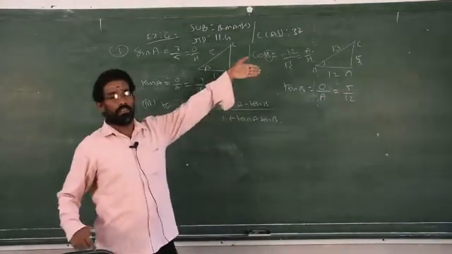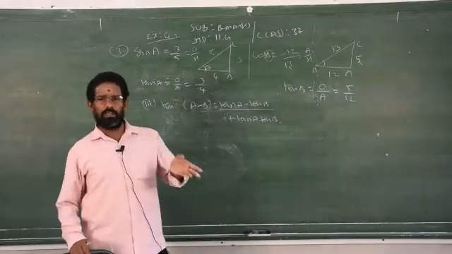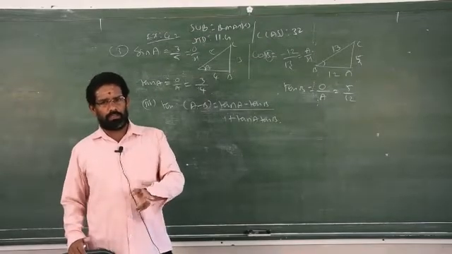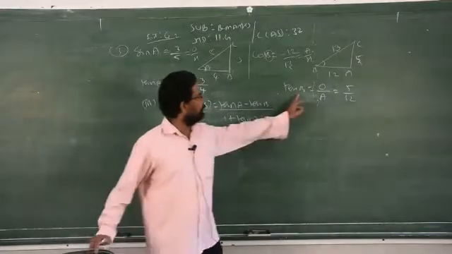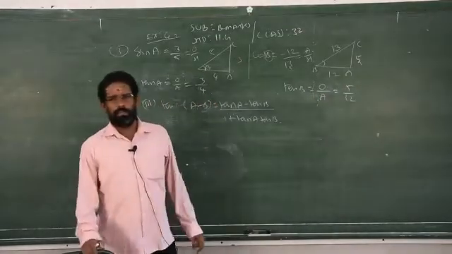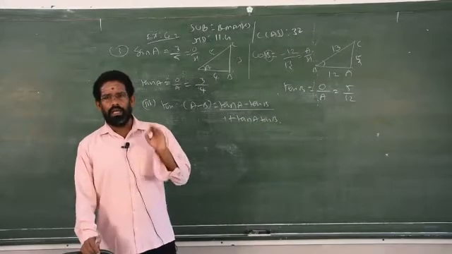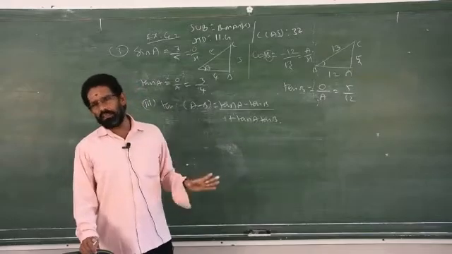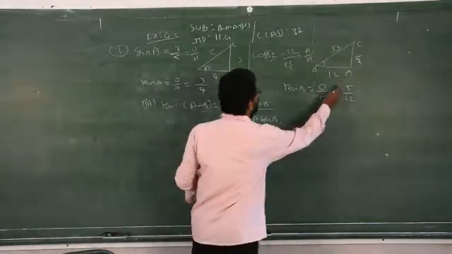Whereas in the previous case, you introduced a minus sign because that was cos. Cos is positive only in which quadrant? Fourth quadrant. Sin is positive in which quadrant? Second quadrant. But B falls in the third quadrant. In the third one, tan is positive, therefore no need to write a minus sign. Because B comes under which quadrant? Third quadrant. In the third quadrant, tan theta and its reciprocal cot theta are always positive. Therefore no need to write a minus sign.